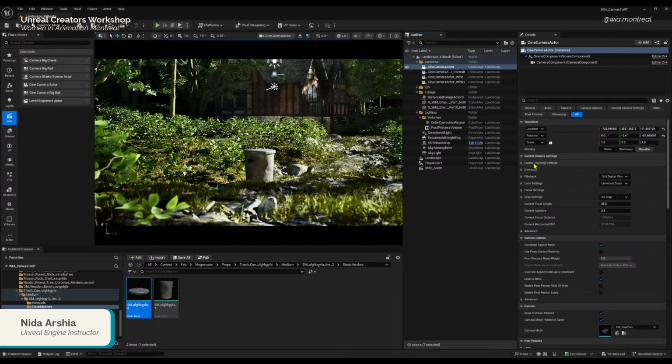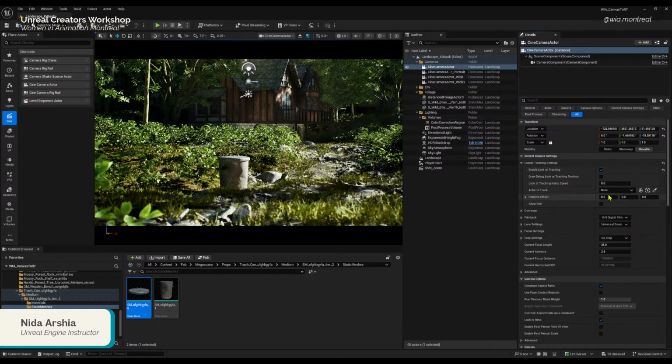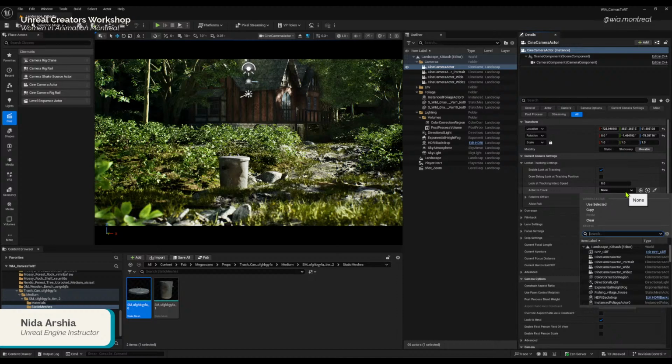The first thing that we have is look at tracking. If we select it, we can select the actor that we want the camera always oriented towards.